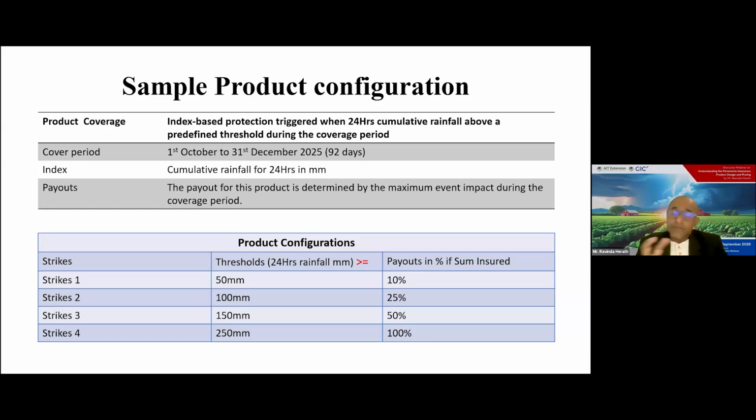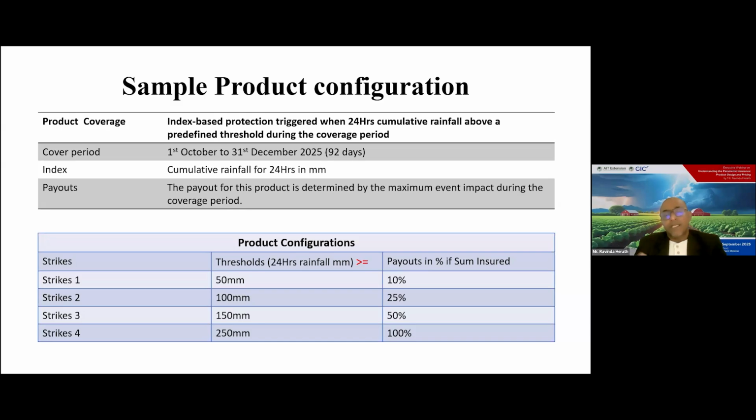But here it should be defined as equal to or greater than, right? It is equal to or greater than, because if it reaches 50 millimeters, whether there is a claim or not is confusing to customers or clients when the rainfall is exactly the strike level. The strike level is 50 millimeters. It is paid only if the definition is equal to or greater than, right? So in product designing or pricing, you have to be very precise on this definition of thresholds, right?